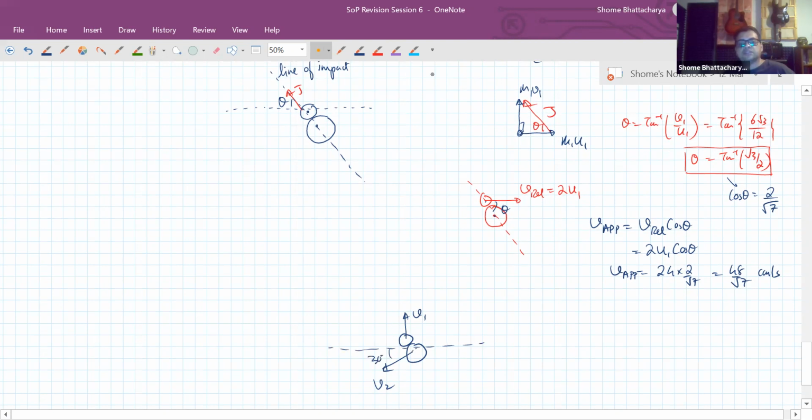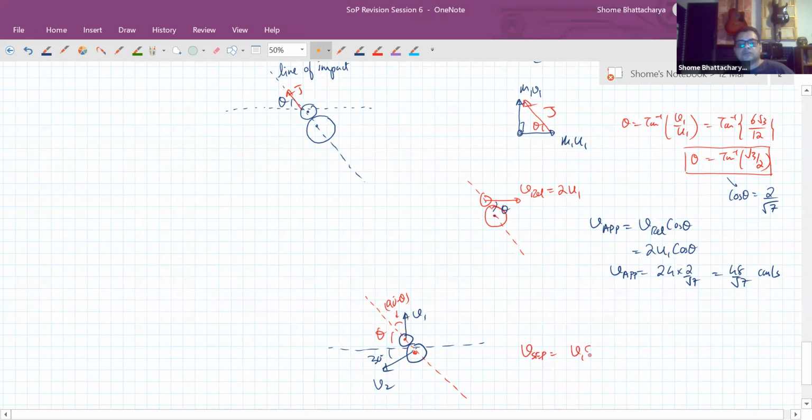This angle is 30 degrees, whereas we just saw that the center to center line is this axis where this angle is theta. So that also means that this angle here is 90 minus theta. So our separation velocity will become